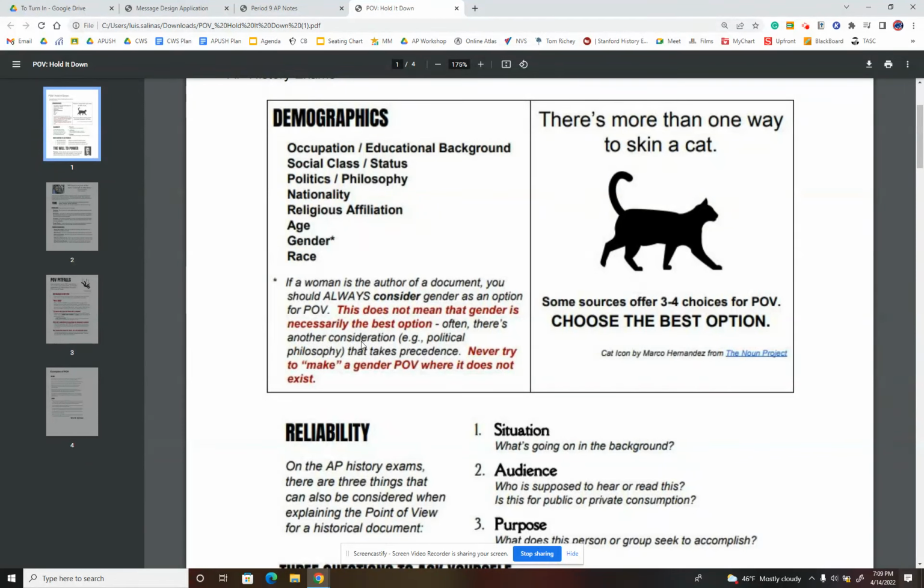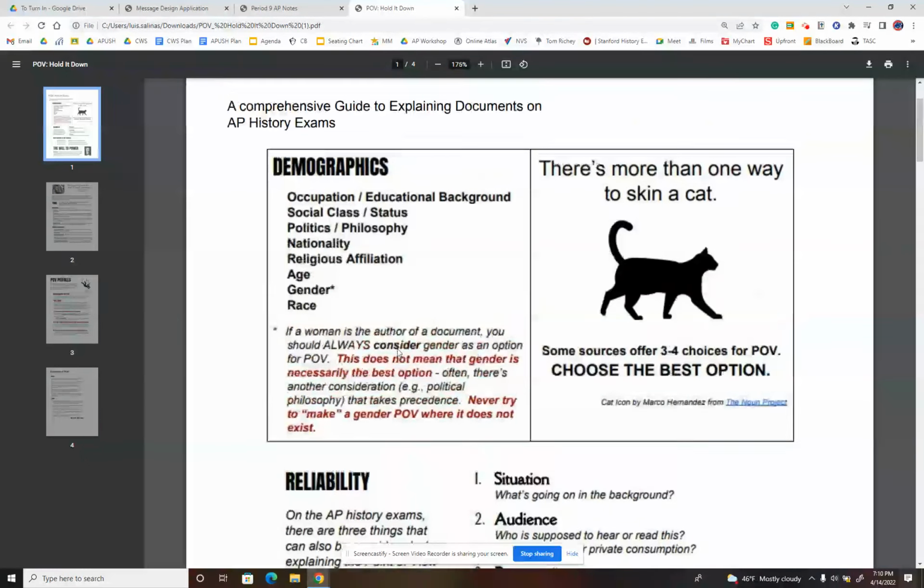Often there's other considerations, like political philosophy, that might take precedence at times. And I always tell them never try to make gender the point of view where it doesn't exist. So that's a good rule for them to consider. And then I use this visual, about wearing the skin of a cat, to really emphasize the idea that